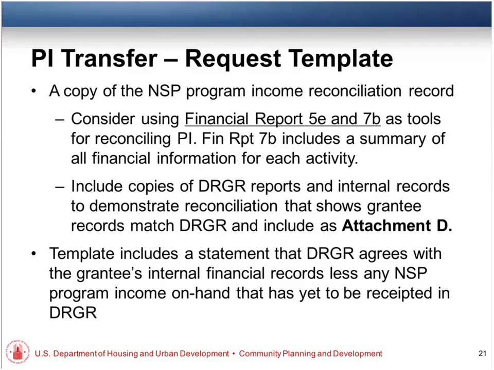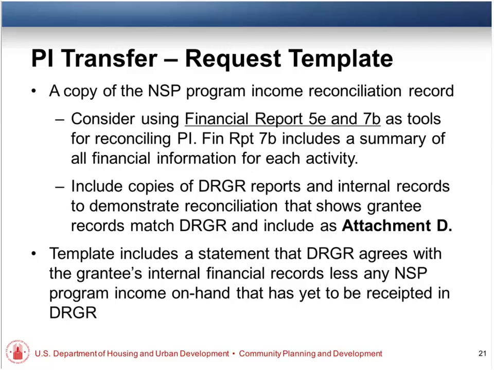Jennifer's going to go through some of the reports here, but what we're talking about is attachment D, and think of this as a conversation with your CPD representative. We've asked the CPD representative to go through and look at each one of these line items, so you want to make them as clear as possible.